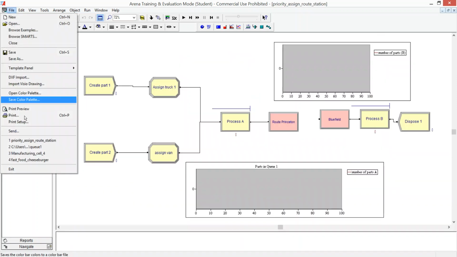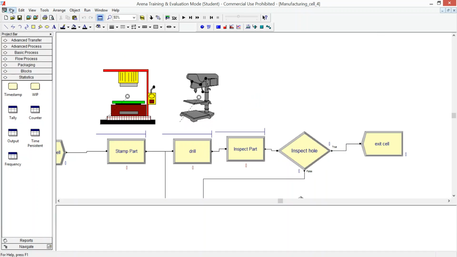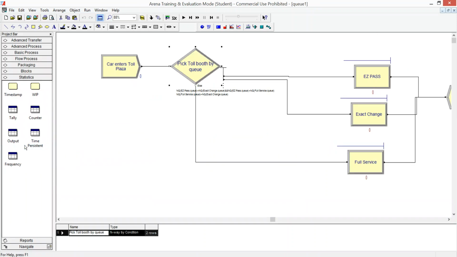Whoops, wrong one, hold on. Well, I'll get it right in a second here, hold on. There we go, Q1, okay. So